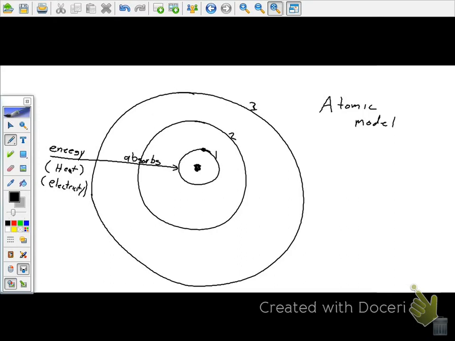It's kind of an easy example to work with. So I go to the vending machine. Something costs $1, and I put in, say, 50 cents, and I hit the numbers. Am I going to get that object? No. So if it absorbs energy and this electron doesn't get enough energy to go to that next level,